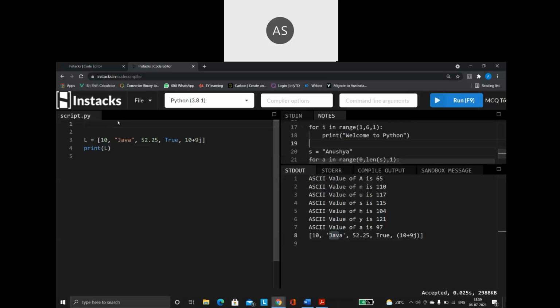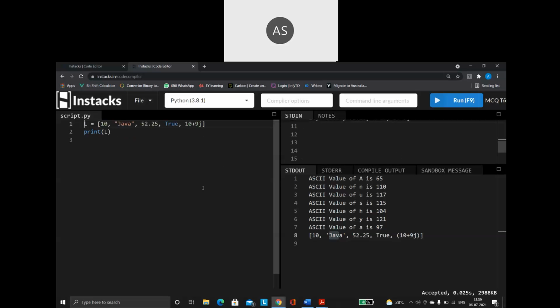Okay, so going back to my program. I'm just going to say for x in range of. Again, index value always starts with 0, so that is what I'm going to give here, comma. I'm going to say len of.